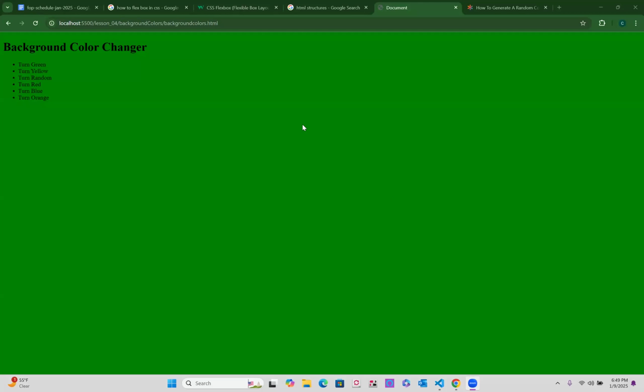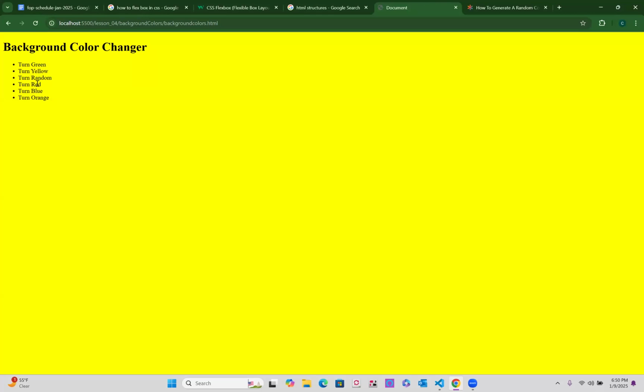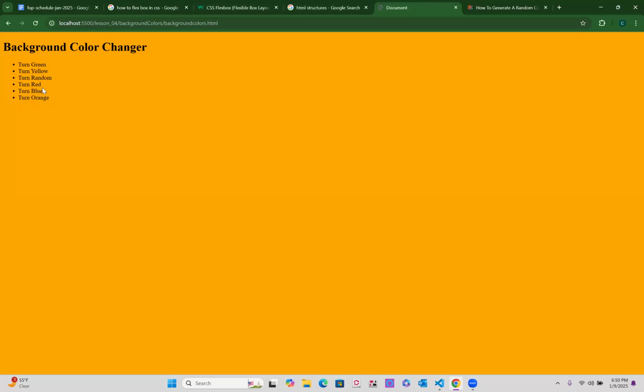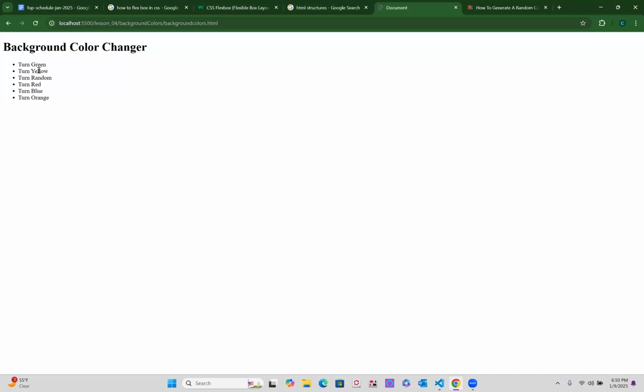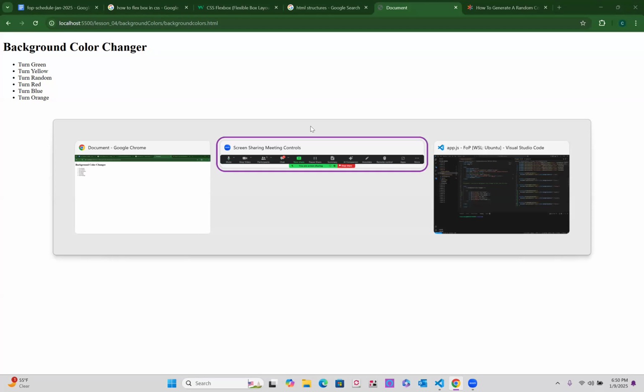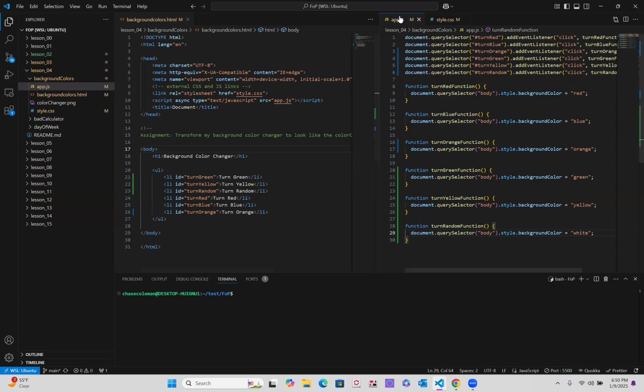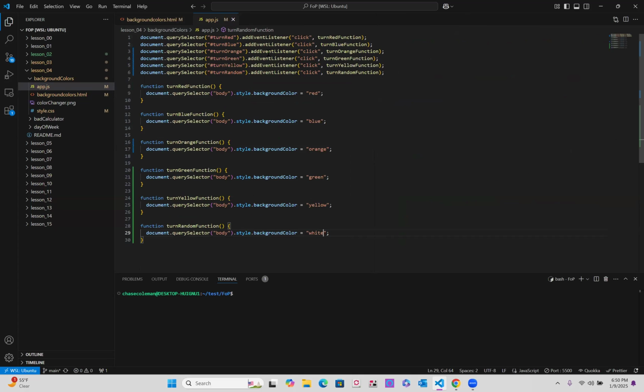Okay. So this is the web page. It's green, yellow. So I did struggle with the random. I was googling a little bit how to choose a random color in JavaScript, and it didn't seem like I had enough time to really implement that into the code. But this will do. Let me get rid of that.